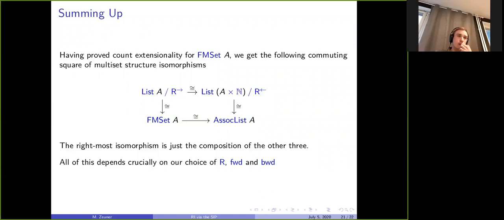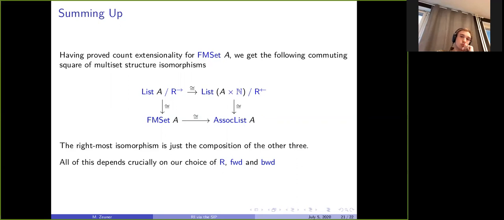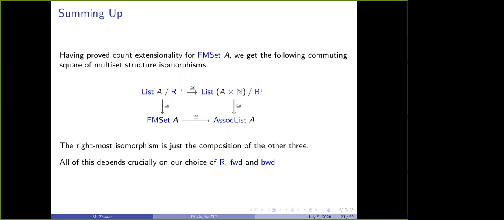What do you mean by the representation is the same? Well, at the start, you had list of A and an association list as two representations, and you said that there's an operational difference between the two, because the list of A one is just going to keep growing.